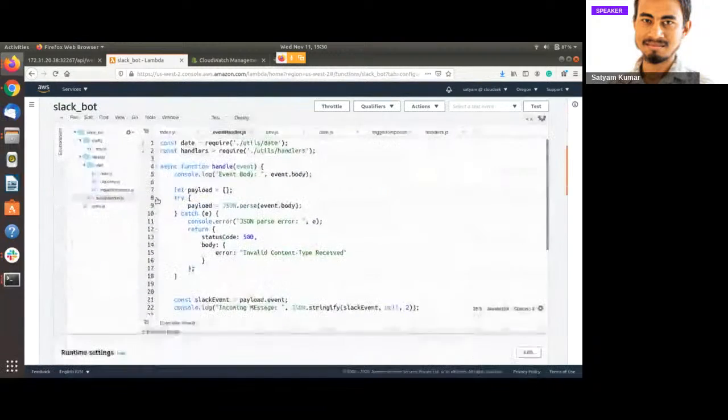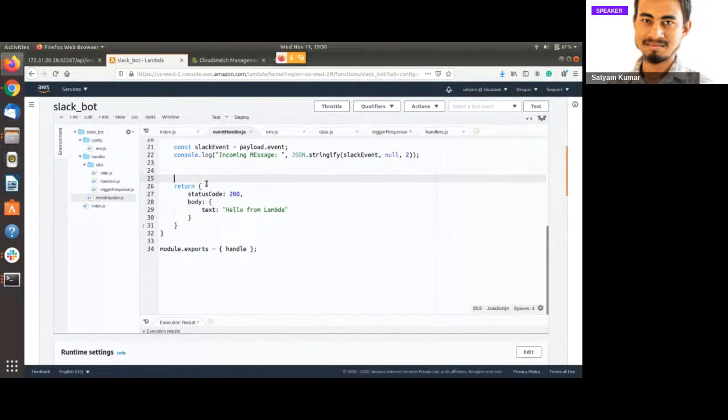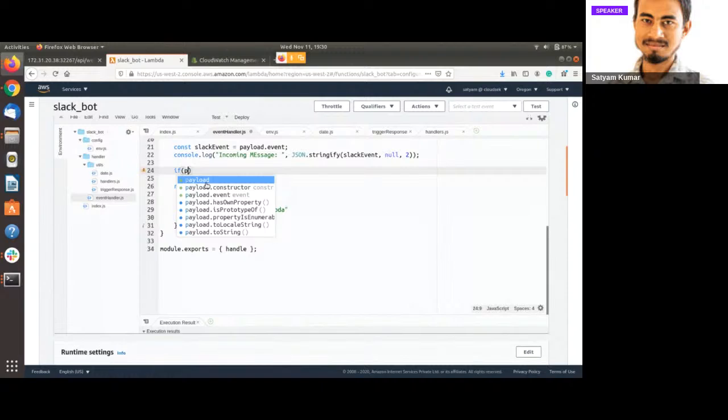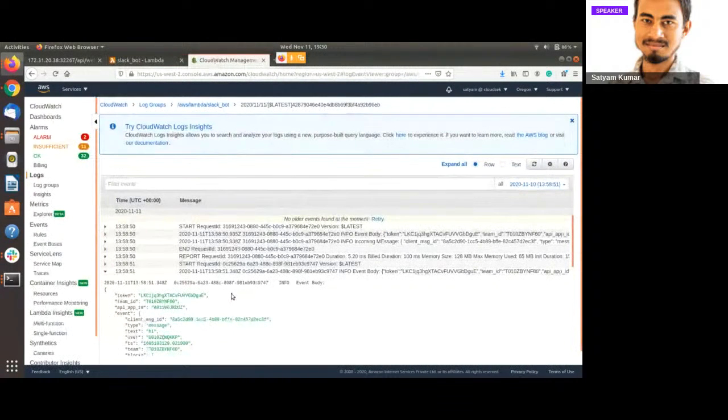So we have created some of the handler functions which we need to use now. So we are sending the message hi sort of thing. So if the payload or event or Slack event, we can use slackEvent.text, because as we can see in the log now,